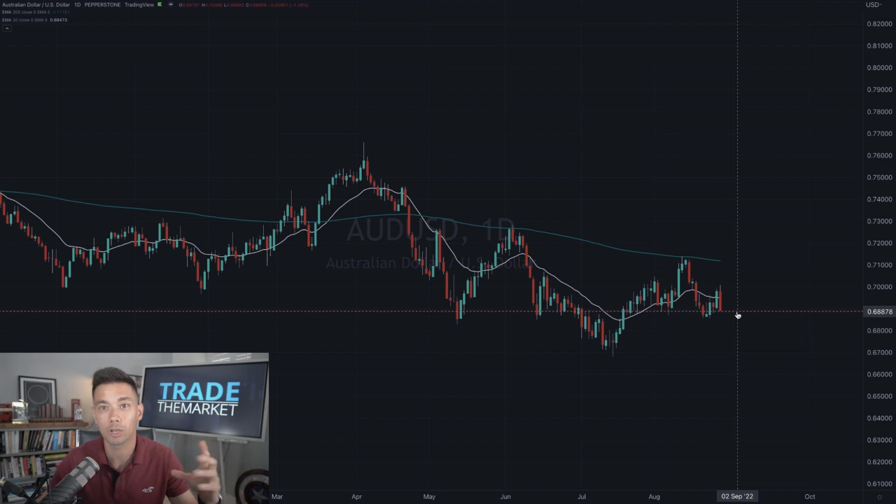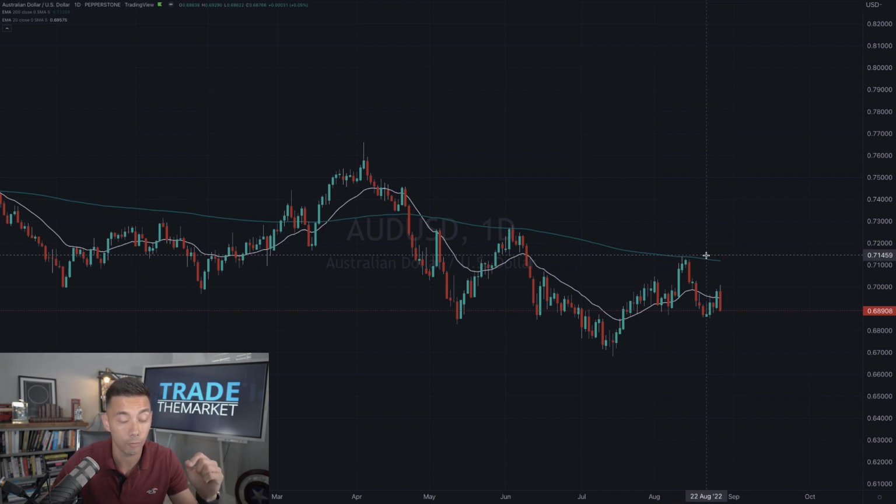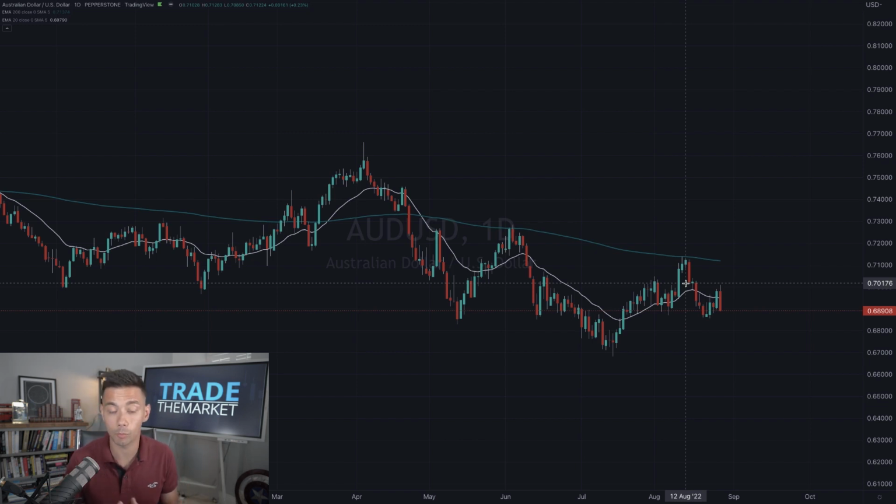But if you're feeling a bit more conservative, what I would look to do is wait for the market to break through the 0.6858 level, this temporary level of support. And then once it gets below that level, look to start becoming a seller. I wouldn't put my stop all the way above at these highs here at 0.7145, even though that might be the temptation, that being the swing point. As I spoke about a little bit in last week's video, and I saw a comment beneath last week's video asking to talk more about stop losses, which I will do this week.